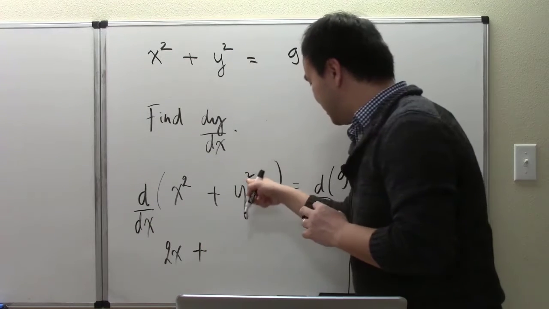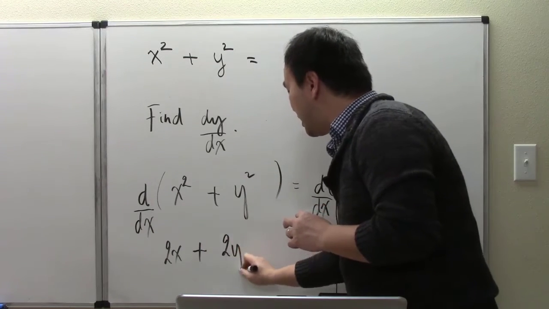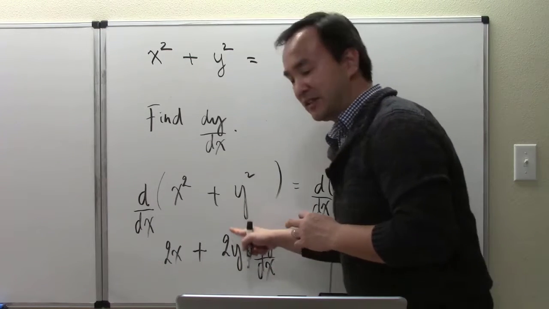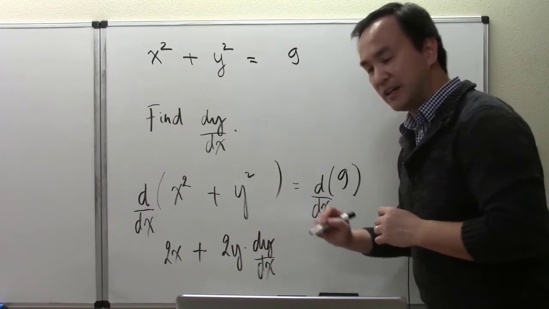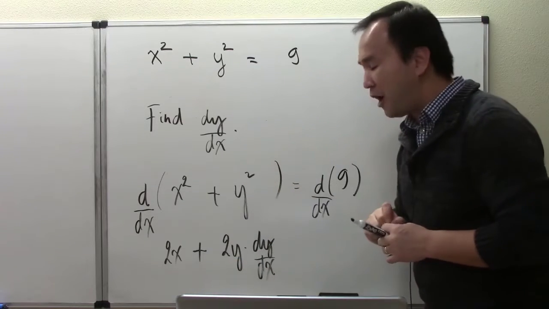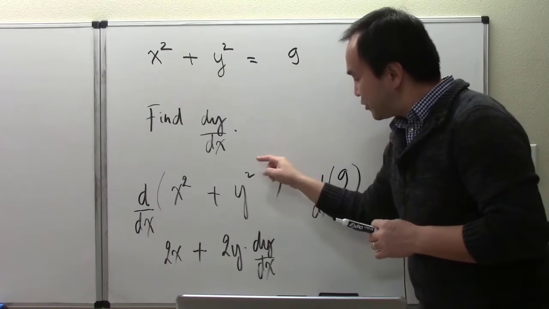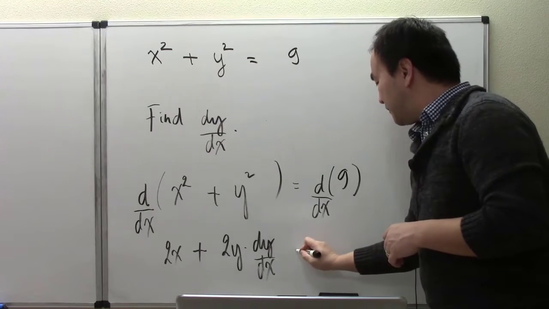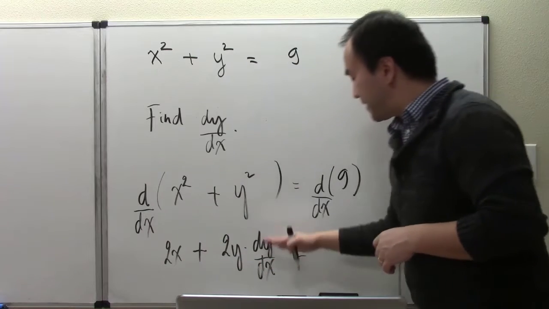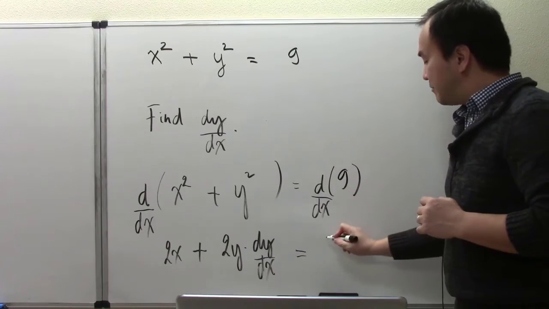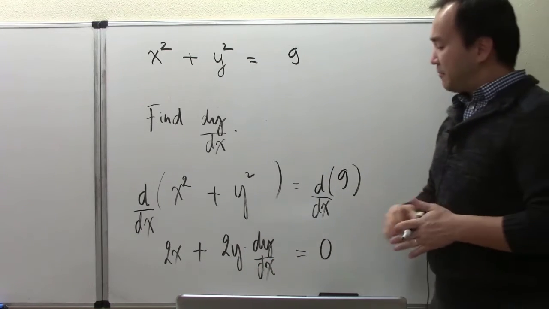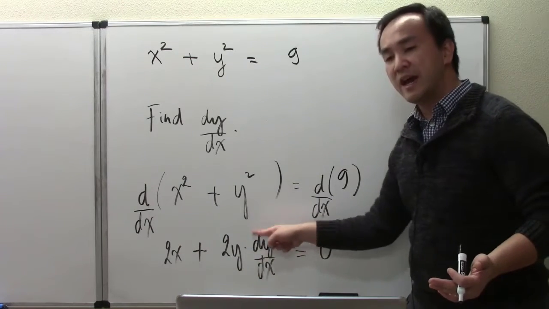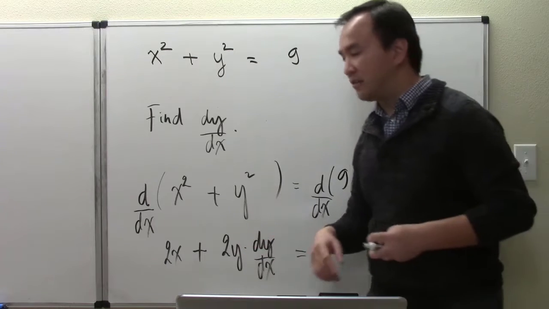And plus, that term gives me 2y times dy/dx. The chain rule was part of that to explain how I got 2y times dy/dx, recalling that we are treating y as an implicit function of x. That takes care of the left hand side. The right hand side now becomes 0. And from that point on, we are going to solve for the dy/dx expression right here, and that's how the idea of